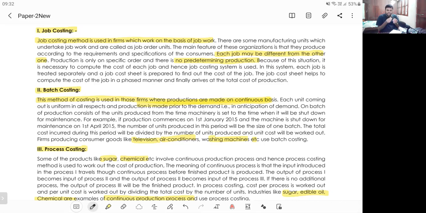A special job is assigned by the person to the manufacturer. It is called job costing. Here no predetermined production will be made. Each job will be different from other jobs. Say for example, printing. You went to a shop to get your material printed. Will the person say, wow, I already printed this material? No, nonsense. Every time a new person comes, a new printed material will be made by him.